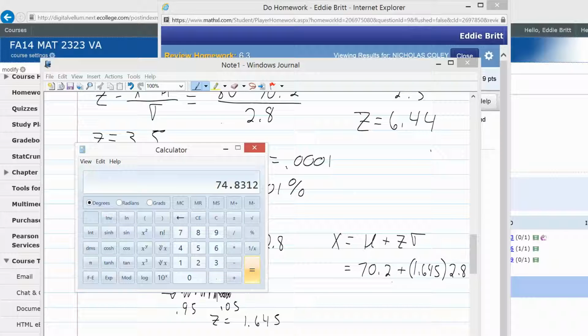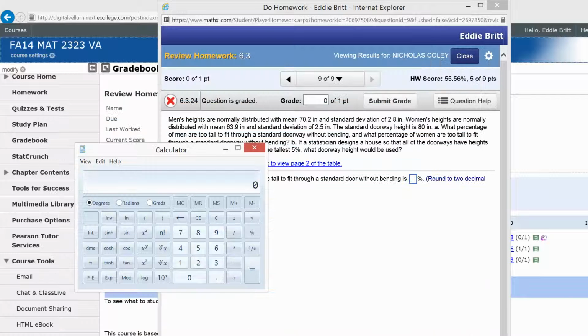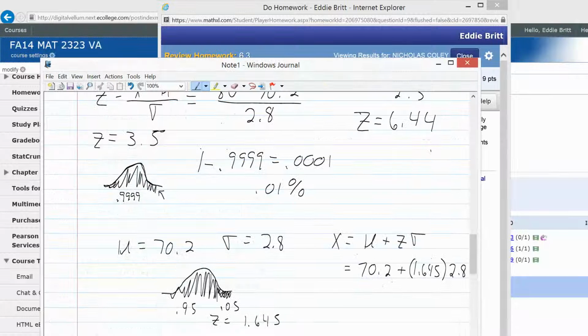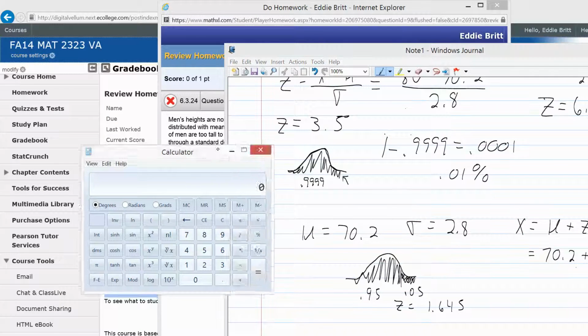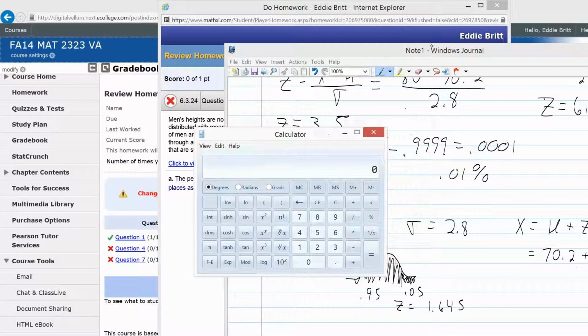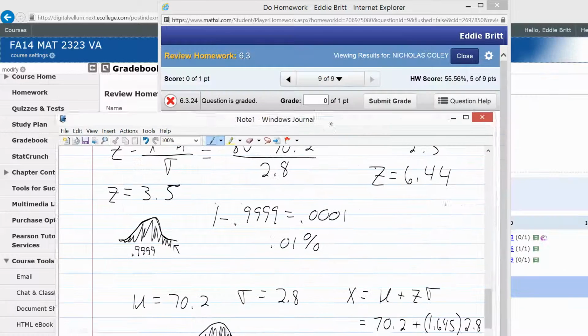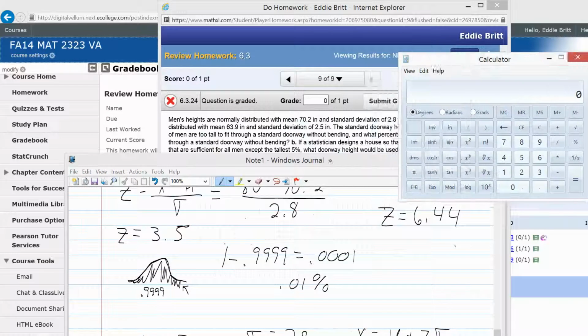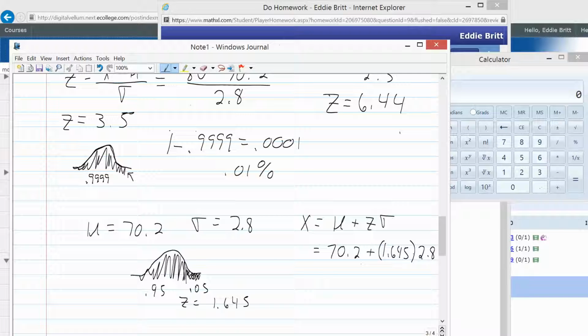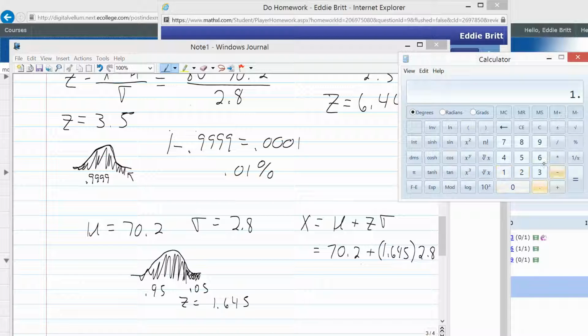And I think I messed that up. I think I typed that in wrong. Sorry about that. I'm going to redo it. Like I said, I usually type in the second part first. It may have been right. I don't know really. Let me retype it in though, just to be safe. Sorry about that. Just trying to rearrange these windows here so you can see what I'm doing. I usually do the second part first. 1.645 times 2.8